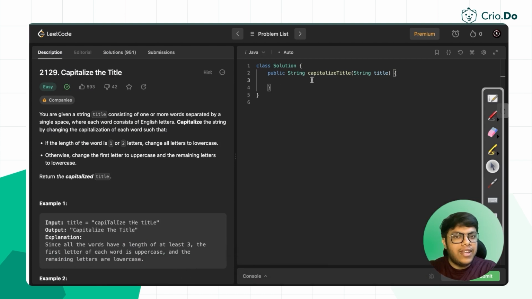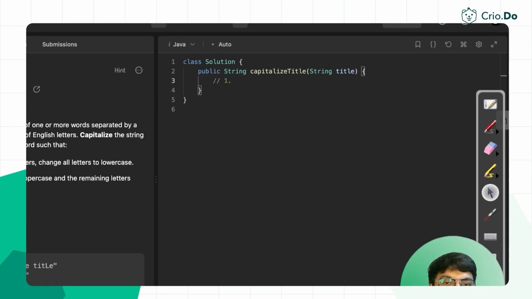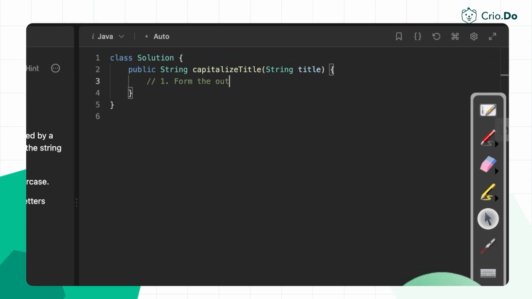So what we will be doing is, we will be first of all making the output string. The first step is: form the output string. How can we form the output string? What we discussed, we can make the output string by converting all the input string into lowercase letters. So form the output string by converting all input characters into